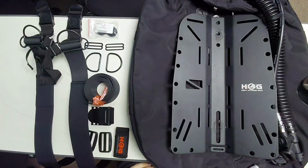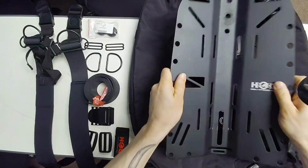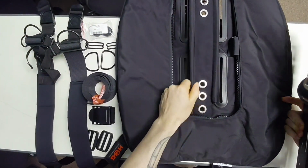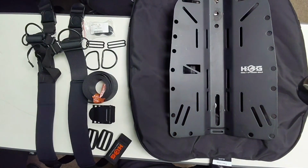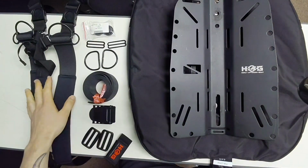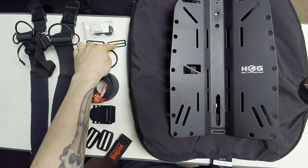Before we get started, we're going to want to make sure that we have all of our required materials. To start, you're going to want to make sure that you have a backplate and a wing. The HOG wing does not need an STA, so we don't need an STA with this HOG wing. We have the contents of our hybrid harness pack, which is our shoulder straps, our waist strap, our D-rings and their applicable tri-glides,